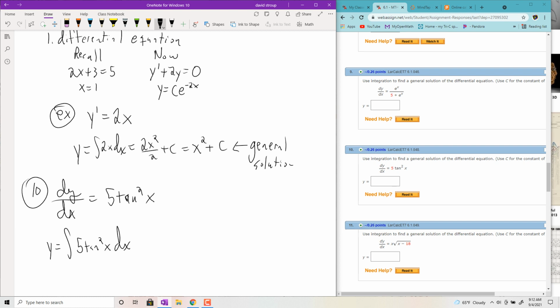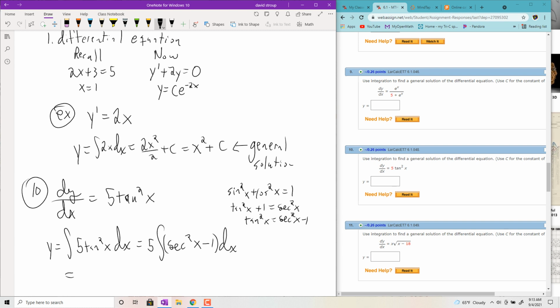Of course, we're going to need some identities to pull this off, right? So remember the fundamental sine squared x plus cosine squared x is 1. Divide through by cosine squared, you get tan squared x plus 1 is secant squared x. Then you could solve for tan squared x, secant squared x minus 1. And then we could do a substitution on that. Let's go ahead and factor out the 5. Secant squared x minus 1